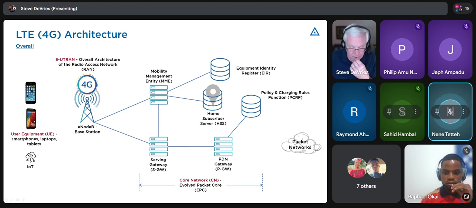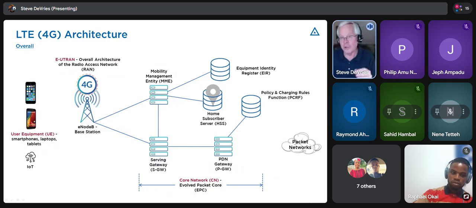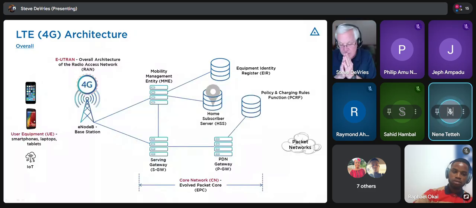Using the voice over LTE, will you be able to still connect to the internet whilst on a phone call? I'm sorry, using the voice over LTE, will I still be able to connect to what now? The internet. Will you be able to connect to the internet whilst on a phone call? That's an excellent point. In fact, I'm going to go to that slide right here. That's a very good point. Absolutely.